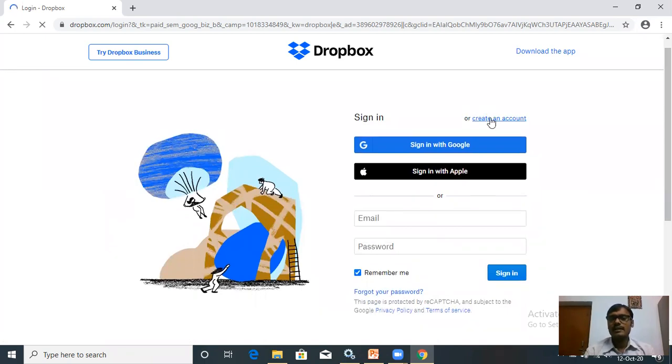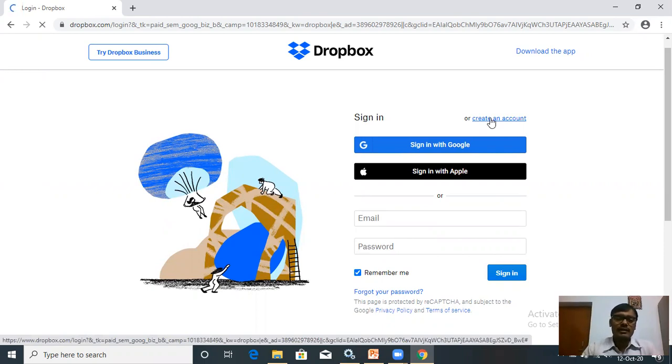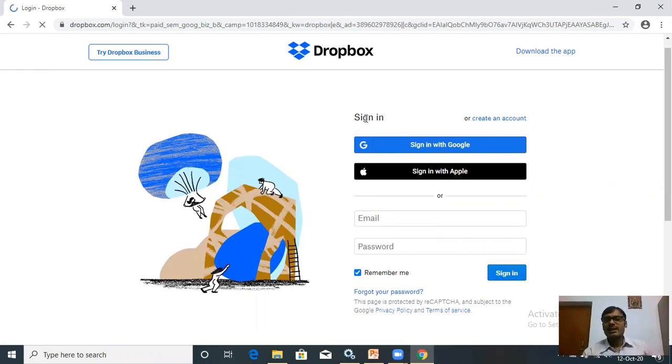On this page, you can create an account on Dropbox. If you want to use Dropbox, then you have to create an account. Without an account, you can't use Dropbox. Or if you have already created an account, you have to sign into your account. You can write your email ID and use your password. So I am entering my email ID and password here.